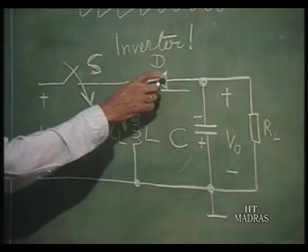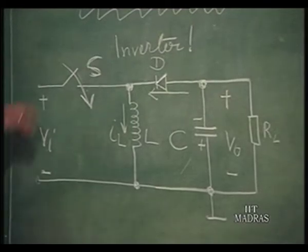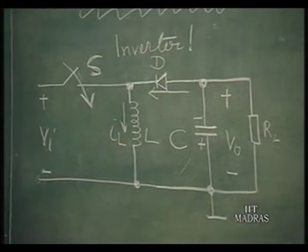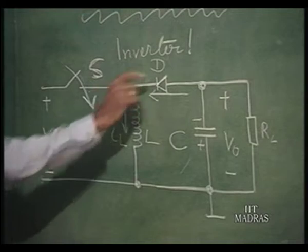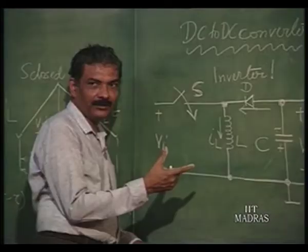Similarly, this diode drop is more than the switch drop when it is closed. Diode drop is V gamma, which is normally greater than V C sat when it is closed. So, that is the disadvantage of using diodes as switches. But it is a very simple switch. Therefore, this diode when